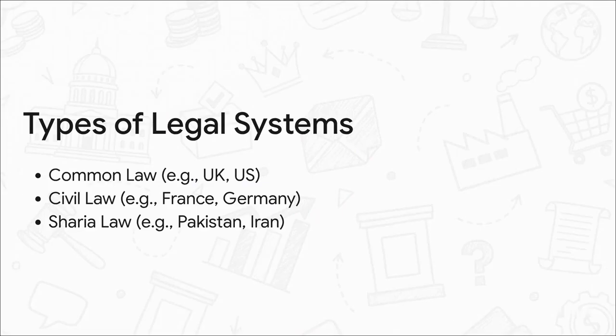And that brings us to the legal system itself. Now, there are lots of variations, but we can pretty much group them into three main categories. You've got common law, which you'll find in places like the UK and the US, and it's built on judges' decisions from past cases. Then there's civil law, which is big in Europe, and it's all about detailed written legal codes that judges follow. And finally, Sharia law, which is based on Islamic religious principles. Each of these systems has a fundamentally different way of making and interpreting law.